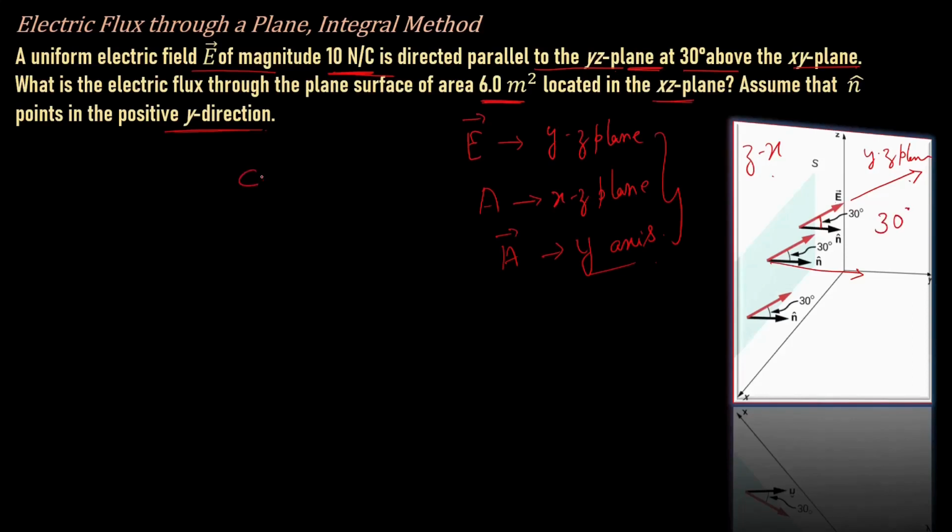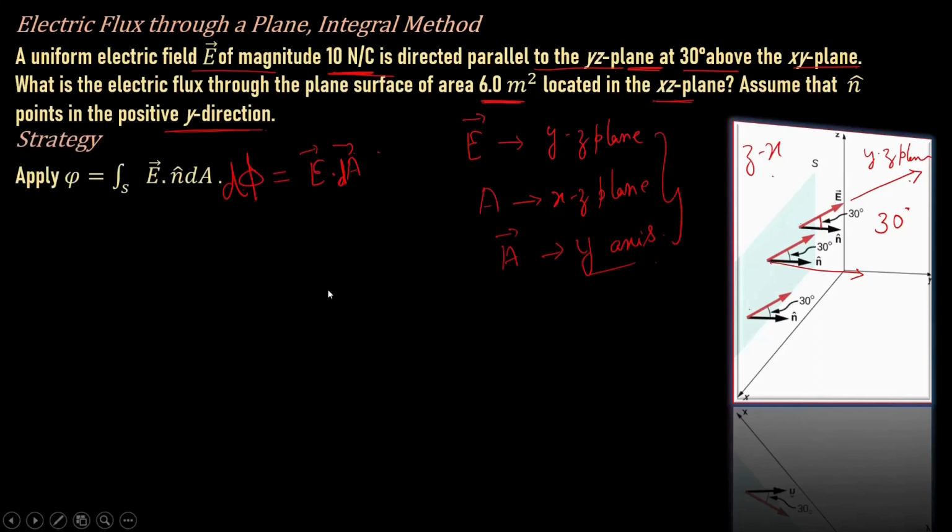So now the only thing we have to put in is the flux, which comes out to be again E dot A. This time the entire surface area is divided into small area elements. So we calculate for a small element, d phi equals E dot dA. If we keep on integrating the flux for the smaller area elements, which formula will we be using? The surface integral of E dot n and dA. For a smaller area element we first compute, then for the second, for the third, like that; the number of area elements will be large. So we compute the individual fluxes and then sum them up.